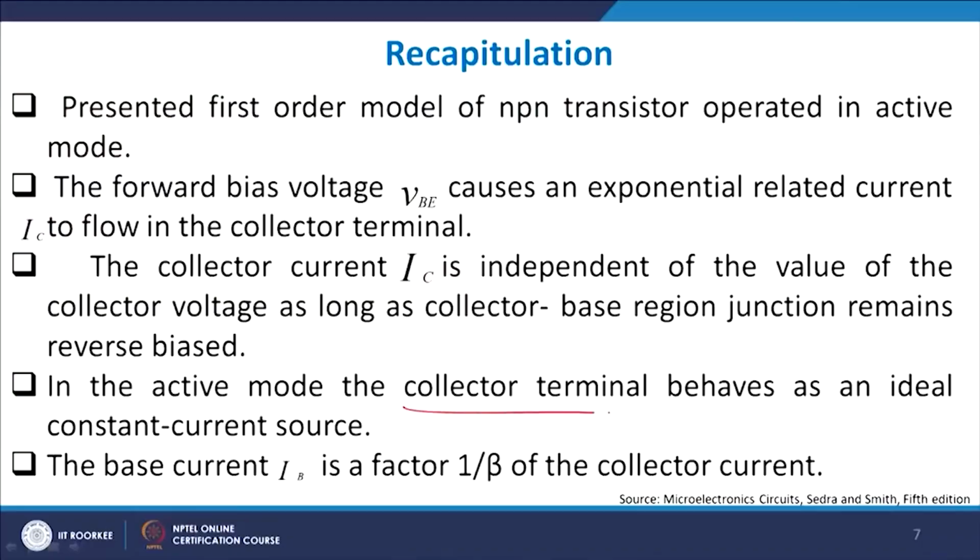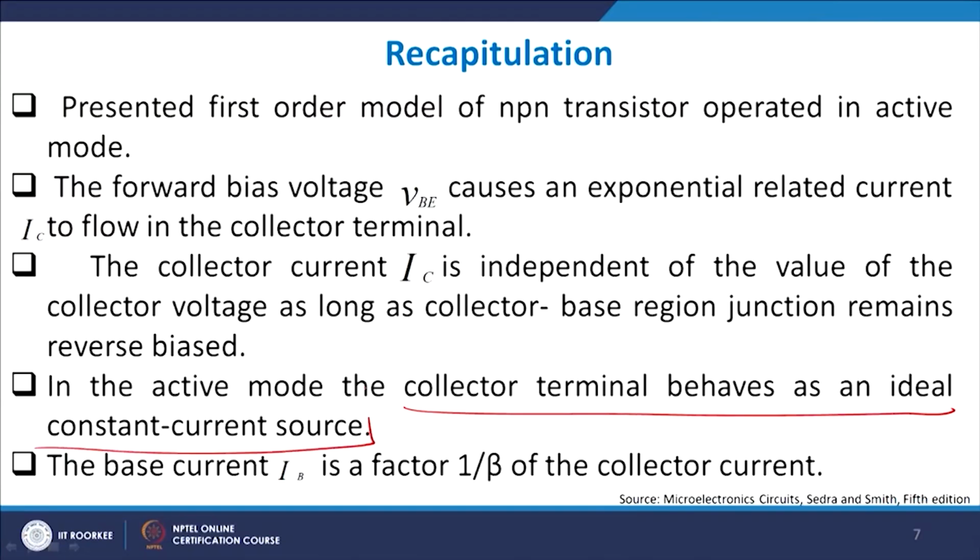So, as long as it is reverse biased, I do not worry what is happening on the collector side, and we end up having an almost flat profile. In active mode, the collector terminal behaves like an ideal current source, we discussed why,